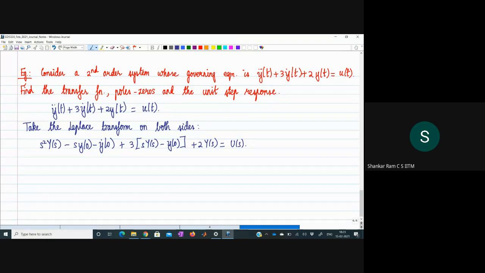Then, as we know, we take all initial conditions to be 0. So y(0) becomes 0. y dot(0) also becomes equal to 0, right? So we consider all initial conditions to be 0. So doing that,